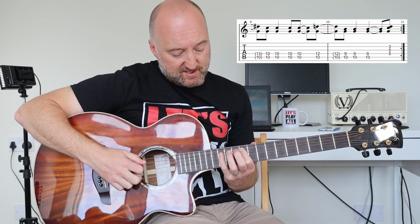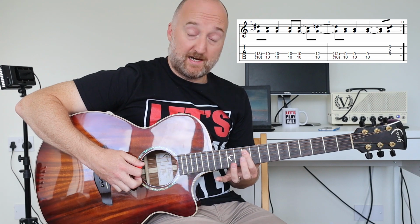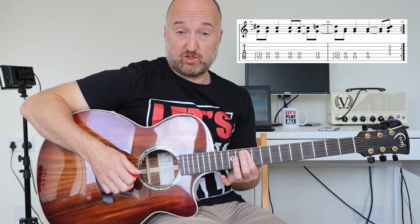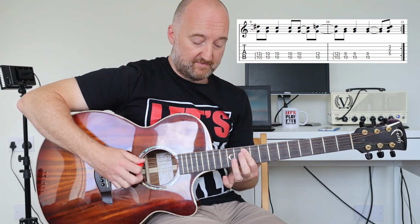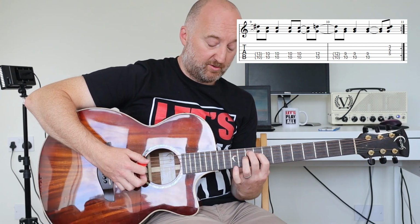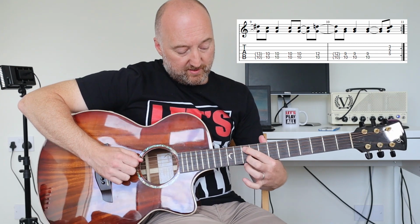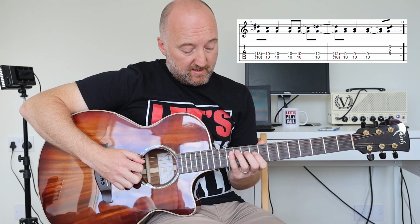Up here you're on the 10th and the 13th, and then 10 and 10, 1, 2, 1, 2, then you go to the 12th, and then you're playing 10, 9. So that root note there, 10, which is the G, plays throughout. So the melody just goes,